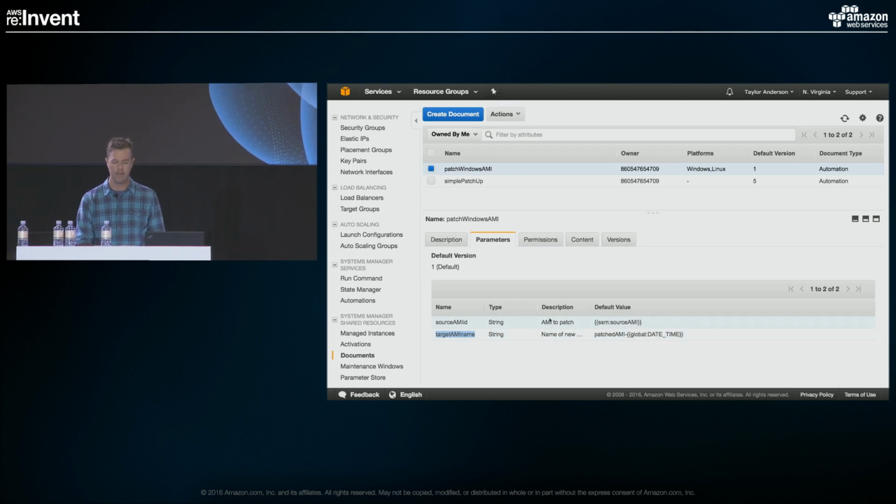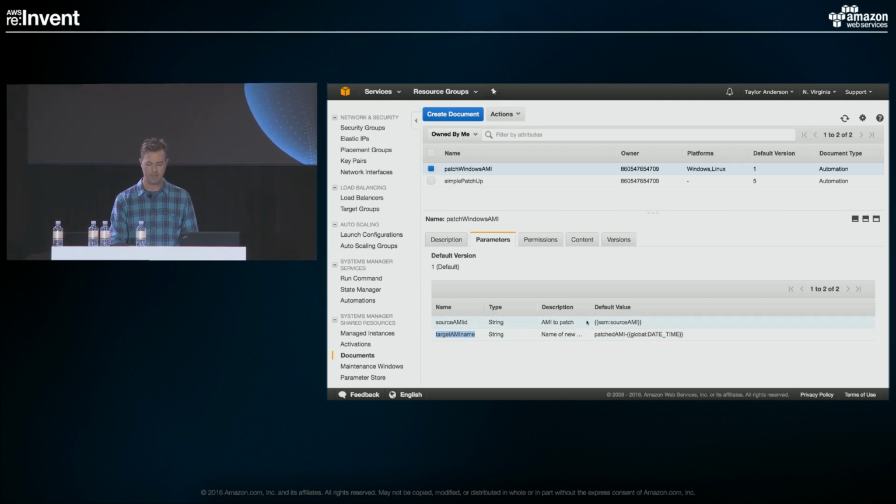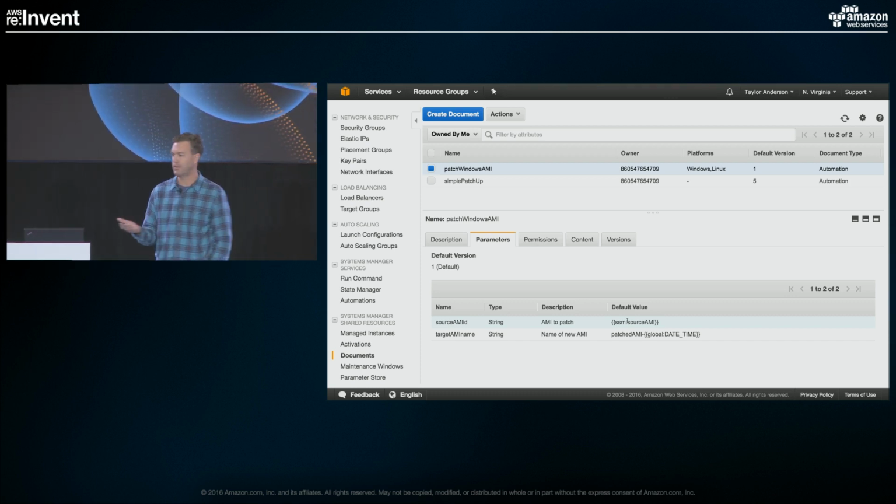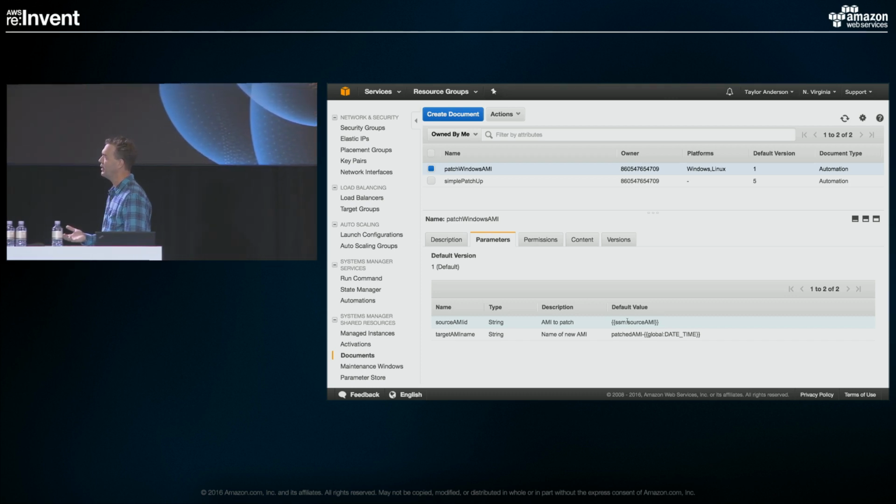It's going to be a string, and then the description, AMI to patch, as we just discussed. And then the second one is going to be the name of the new AMI. Now, I got a little fancy for this demo here. I could have just put in hard-coded strings for things like the source AMI ID, but I wanted to show a couple of cool